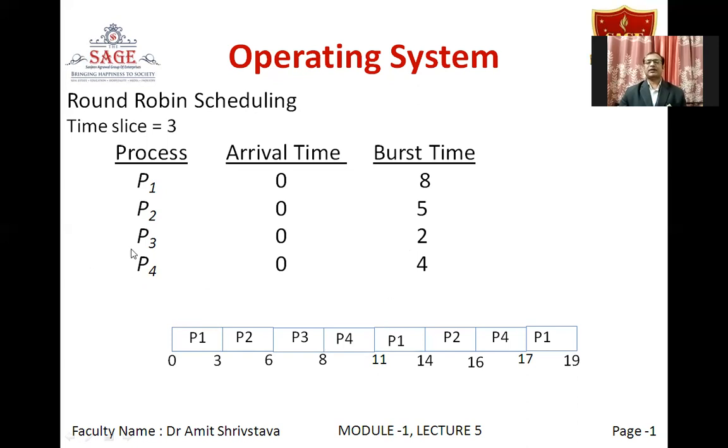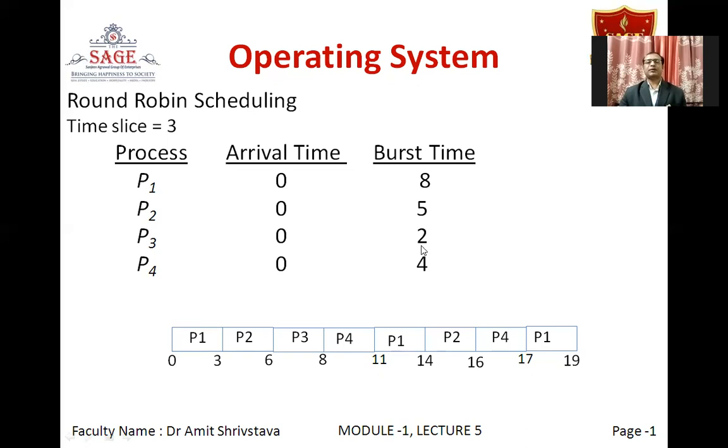So now next again we will allot the CPU to process P1. So P1 will be allotted 3 units again. So 3 milliseconds have already been executed here, and after this execution 6 milliseconds have completed. So now we are remaining with only 2 milliseconds for P1. Now P2 has already been executed 3 milliseconds, so the remaining time is 2. So after P1 we will allot the remaining 2 milliseconds to P2. So 14 to 16, P2 will also be completed.